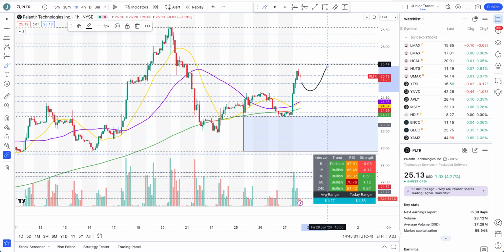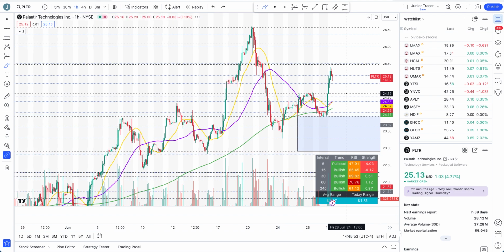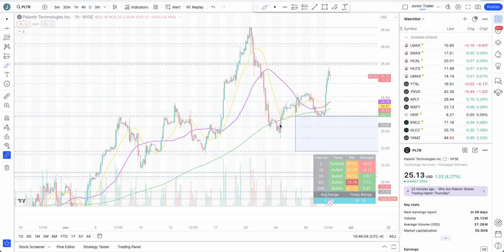Take partial profits at this level of $25.49 and level by level to the upside, with the stop loss on the other side, right? So in this case, the stop loss would be on the other side. But anyways, this was the area where Palantir gave us the long position, holding the support into the blue box. Right now, structure is still in an uptrend, as long as we still stay above the $24.64 area or $24.54 area, right? There's a range here. As long as the pullback stays above it, Palantir is still intraday bullish